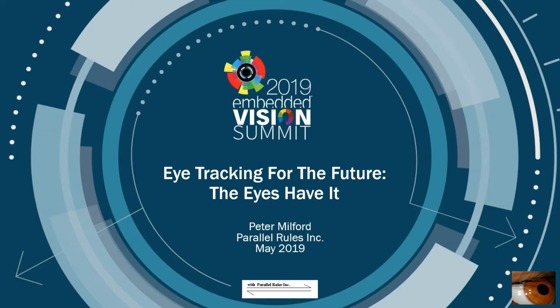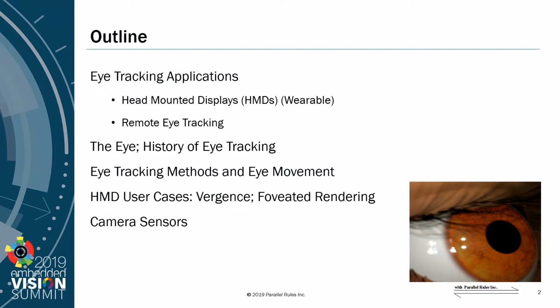My goal is for maybe a few years from now, when I give a talk like this, everyone will have used eye tracking. It's a challenging problem. It's not yet solved. So first, I'd like to talk just a little bit about eye tracking applications, because again, most of the audience hasn't actually used eye tracking. I'll be talking a little bit about both head-mounted display-based eye tracking and also remote eye tracking, what some potential applications of those are. And because it's late in the day, I'll get a little bit of audience interaction there,